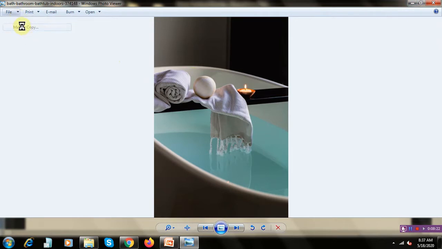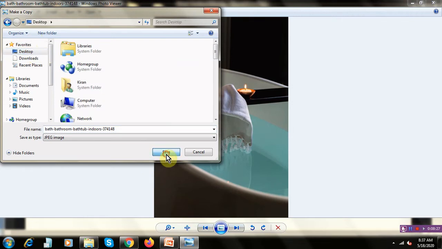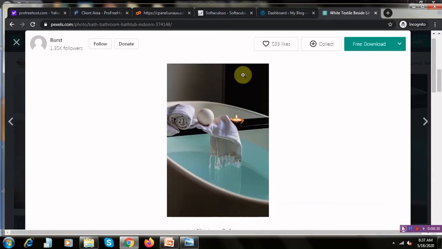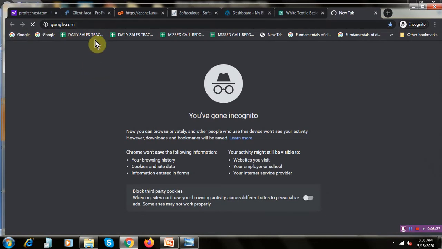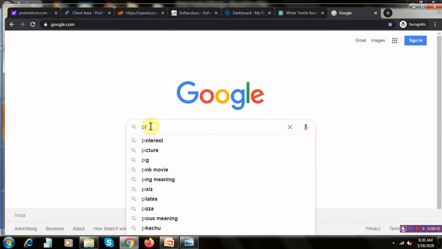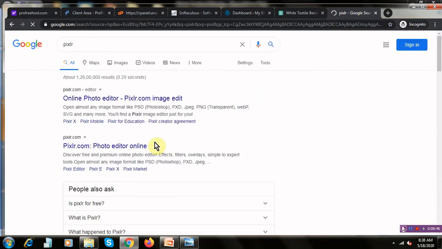Once you have downloaded this, if you want to save it on your desktop so that it will be easy for you to edit. Now what I'll do is go to Pixlr. For this you need an account, you need to join. Please understand, it is Pixlr, not Pixel.